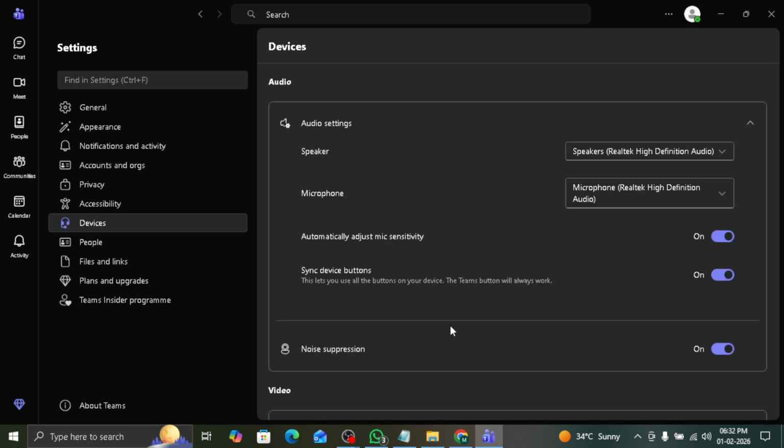That's it. A fast way to confirm your audio and camera are working in Microsoft Teams, so you can join meetings with